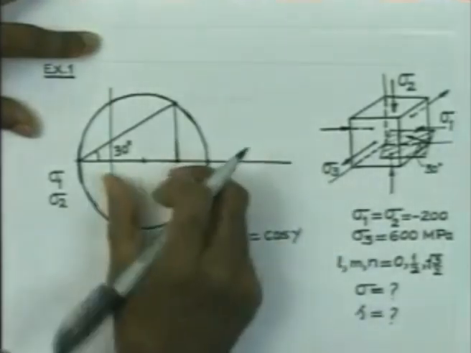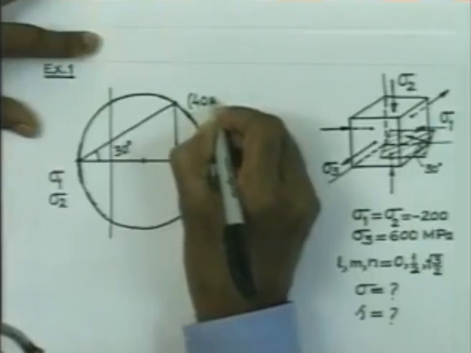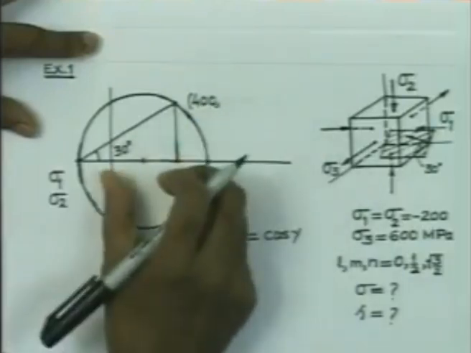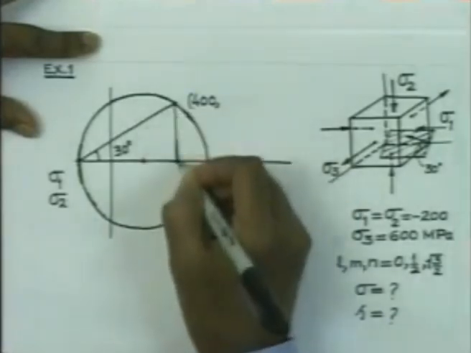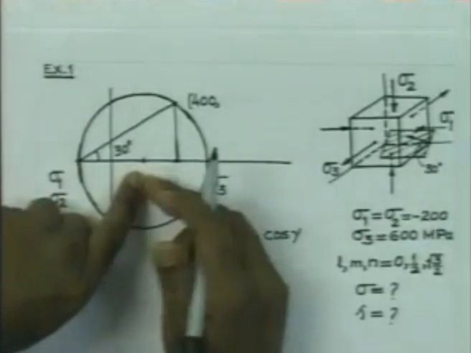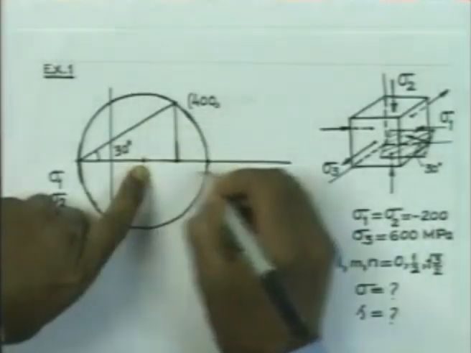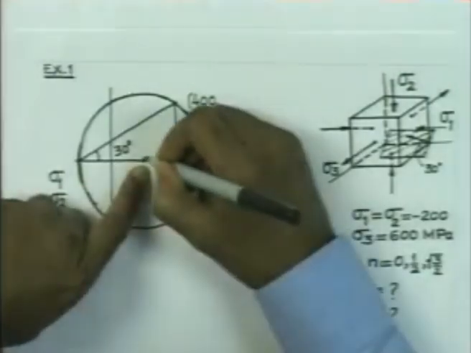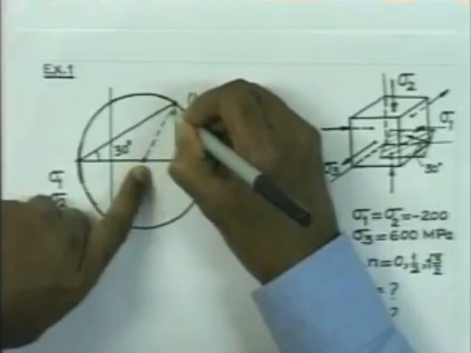This comes out to be 400. Normal stress is 400 MPa, and the shear stress is given by this height, which is nothing but